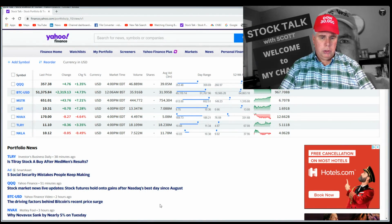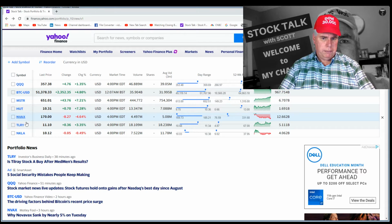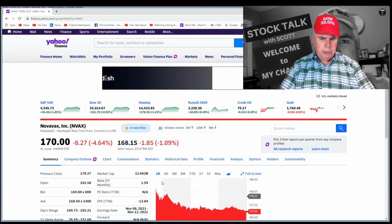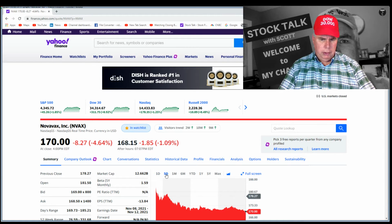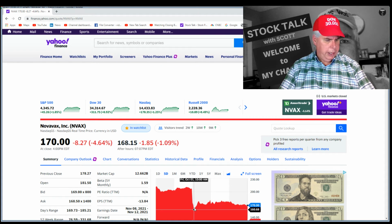But we're gonna hang with it. We're gonna keep the stocks we got. We bought some more today. Like I said, we did buy some more today, and let's go ahead and pull that chart up. Bought some yesterday, pretty cheap as well, and then we were able to turn around and sell them before the day was over with yesterday. I think we bought it at 172, and I think I sold around 175 or something like that, 176. Yesterday, and then today